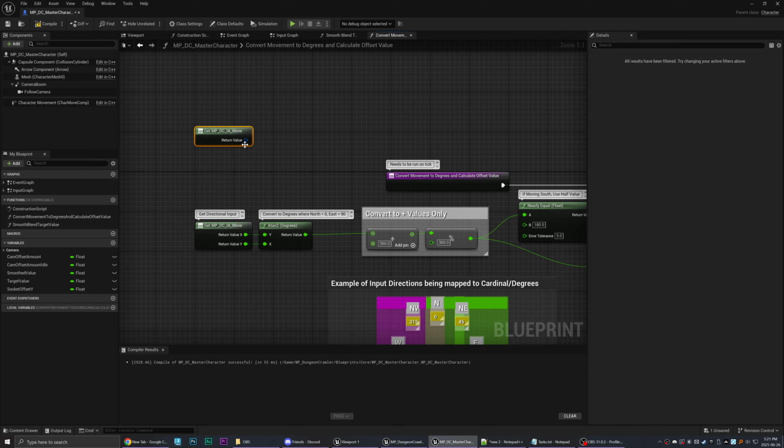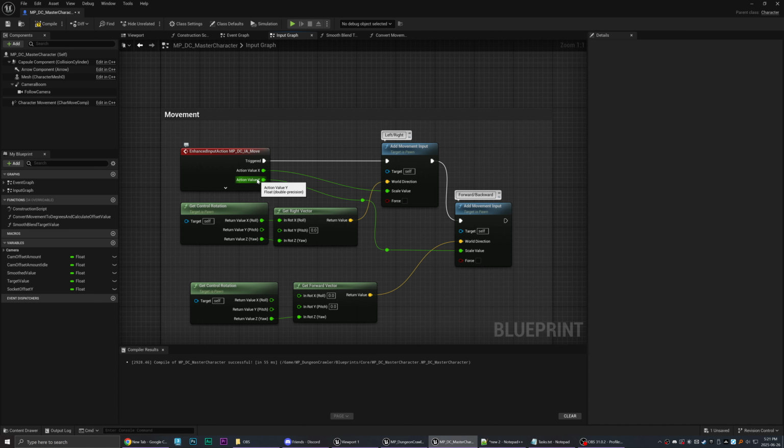So you don't have to try and calculate this on tick or anything like that. Every time you press a different movement key, these values will automatically be updating, and anytime you're holding down any of the movement inputs, it's essentially running this on tick anyways.